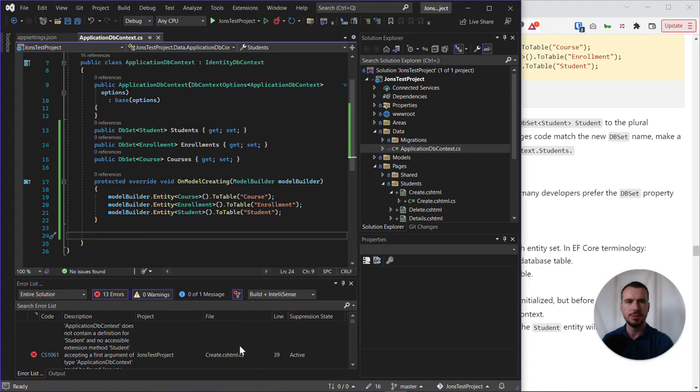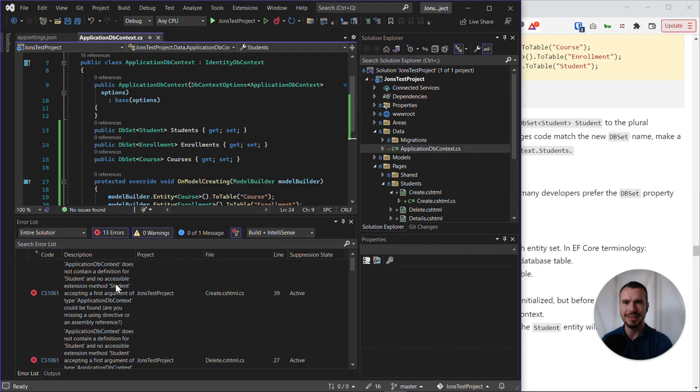Okay, so when we try to rebuild, we are in fact getting a series of errors, 13 to be precise. And if we look at the error, again, not to panic is the key advice, but actually just to read through what the error is telling us. It's telling us ApplicationDbContext does not contain a definition for student. That makes sense because we've defined it now as students. And this error is being thrown in the